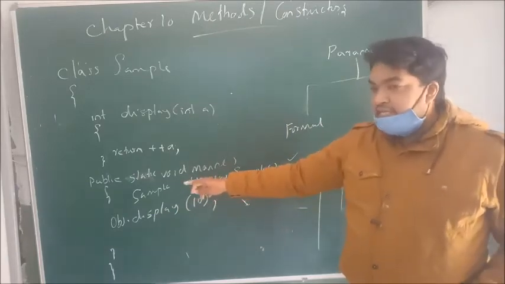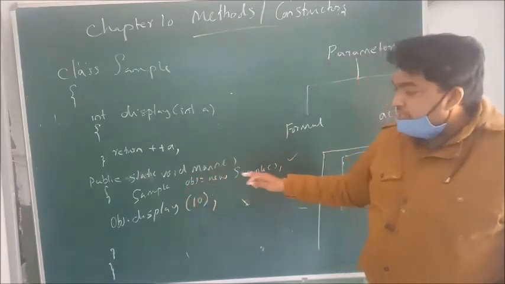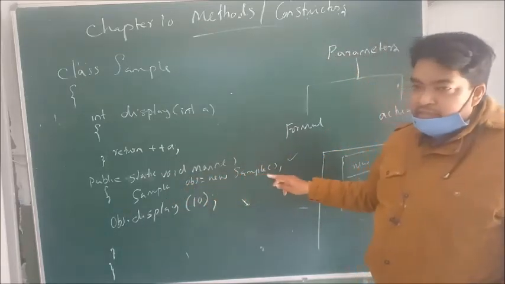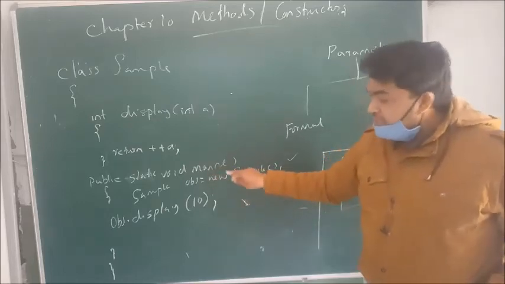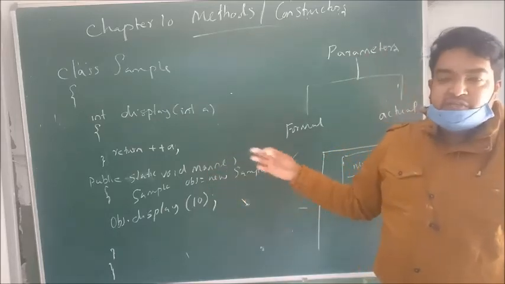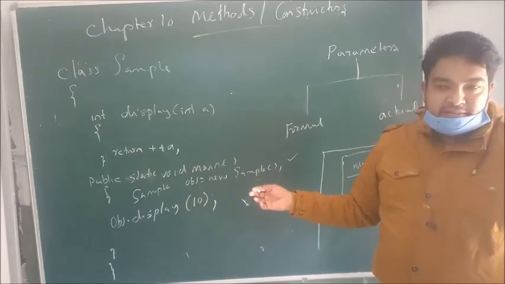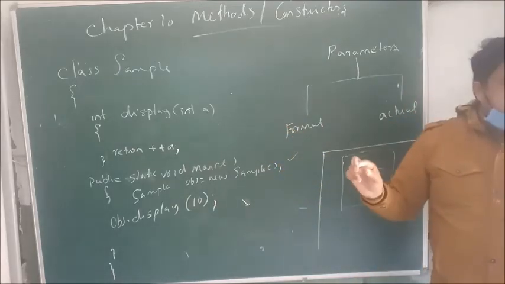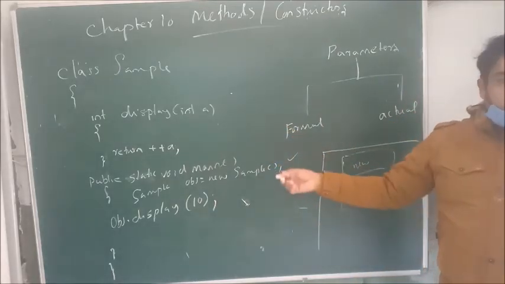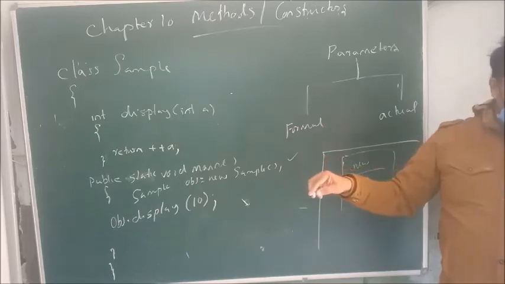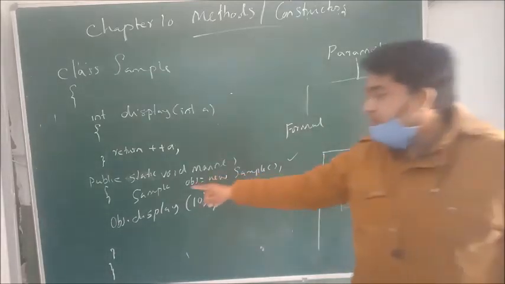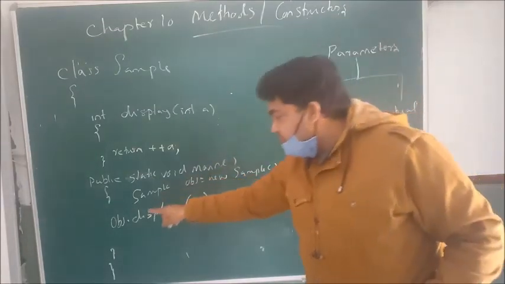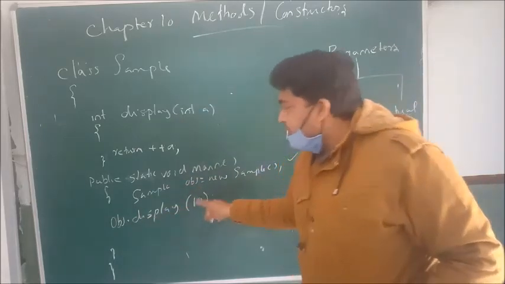And please see that the syntax for creating the object is class name, object name is equal to new sample, where only new is the keyword used. So what is the use of the new keyword? Whenever there is a question, if your answer contains memory, that's the point to remember. So new means memory allocation. Okay. So sample obj = new sample. So you created an object obj. Using that obj.display, you are calling.